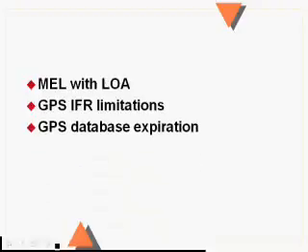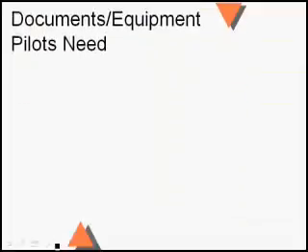Also, if you're going to use GPS as one of your primary methods of navigation, even if you're VFR, you have to make sure that the database hasn't expired. This may not be a piece of paper. It may just be calling it up on the screen and making sure that the database date hasn't expired yet. And, of course, if you're going to fly higher than 12,500 feet up to, I think it's 14,500, for more than 30 minutes, or above 14,500, the required flight crew has to have oxygen, so you might need to take that with you, or it might be on the aircraft already.